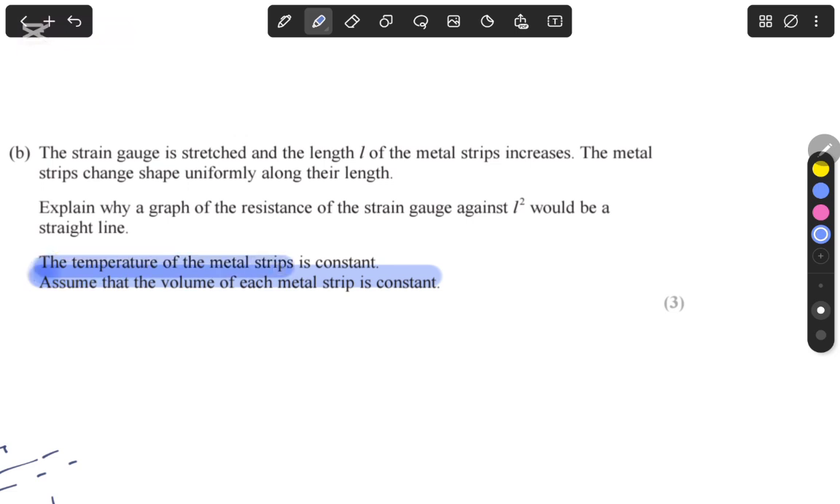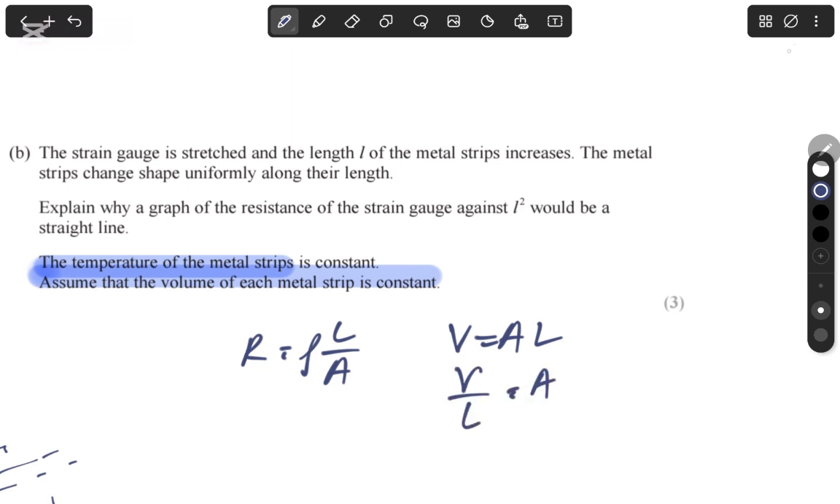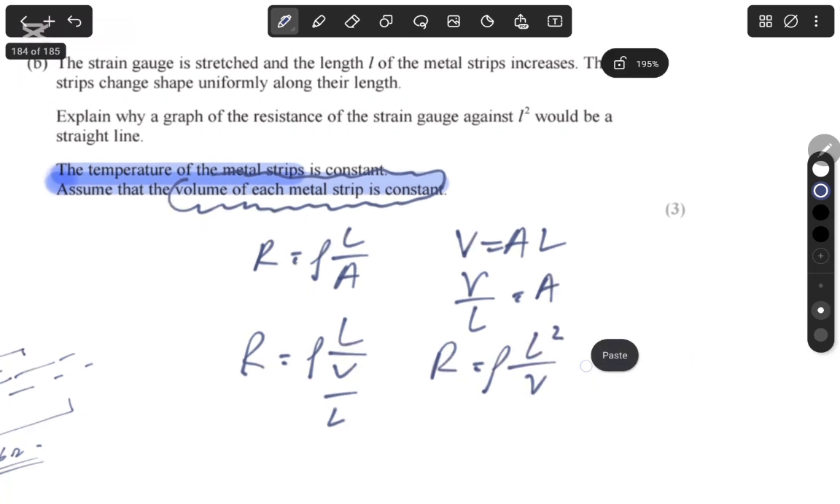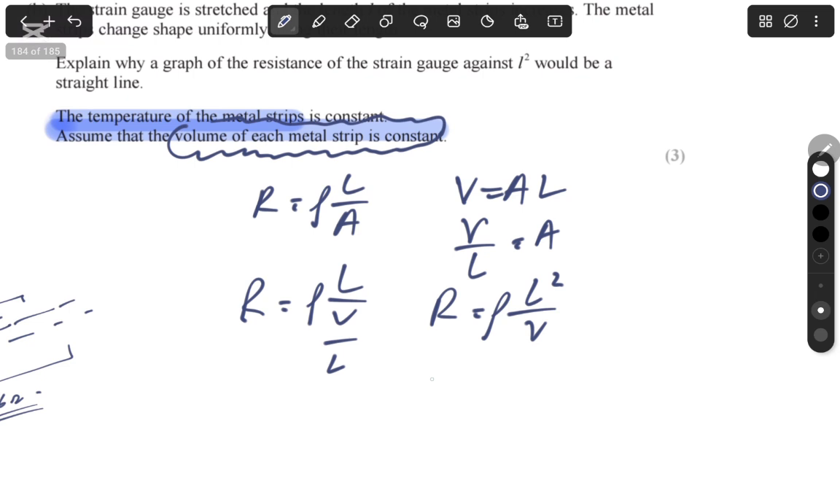First let me write the equations down. We have resistance R equals rho L over A, and we know volume equals area times length, so volume divided by length equals area. The hint that I'm getting is that the volume of each metal strip is constant. Then we can say R equals rho L times L over V, so R equals rho L squared over V. Then R equals rho over V times L squared,